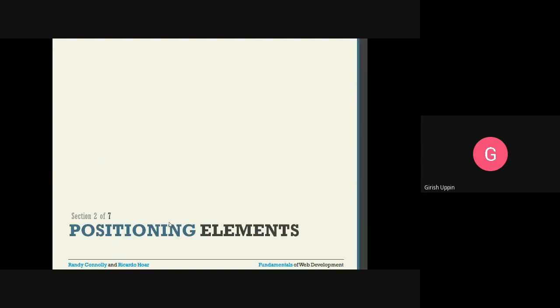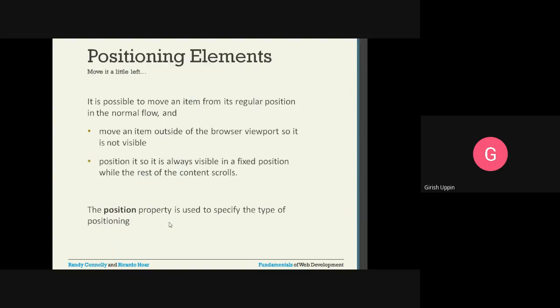Next, positioning of the elements. How we position these elements inside the HTML document. It is possible to move an item from its regular position in the normal flow. Just now we saw the normal flow, how block elements are displayed and how inline elements are displayed. So we can change that regular position of the normal flow. Move an item outside of the browser viewport so it is not visible.